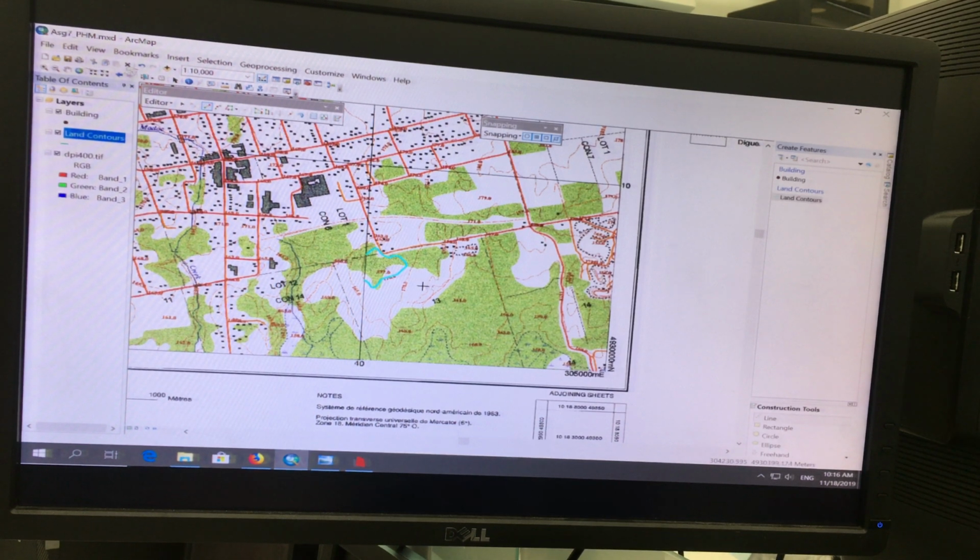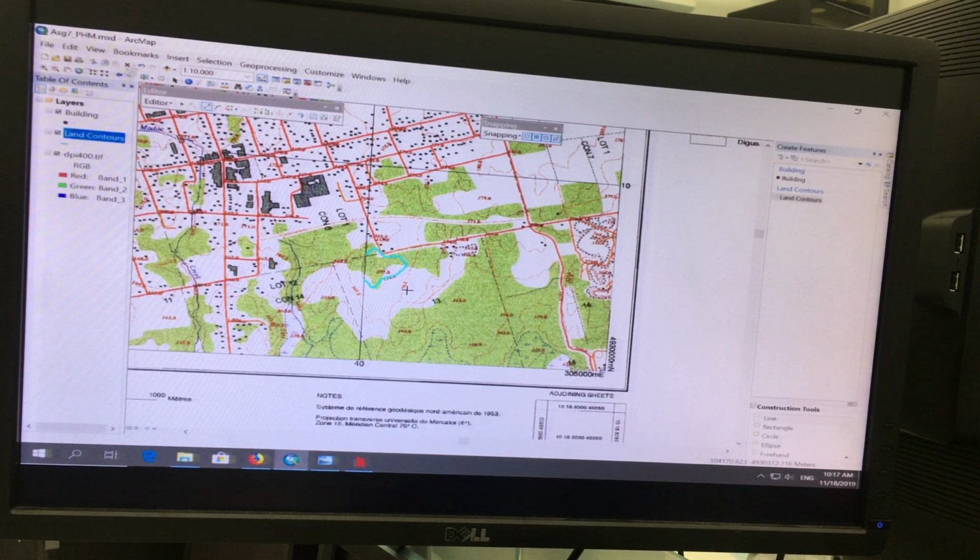But now I want you to start digitizing everything. So just a very quick summary. Import your data into your database. Add the data here. The map is going to disappear. Make sure that you zoom into the map. You see the map. Locate your tile. Make sure that you're